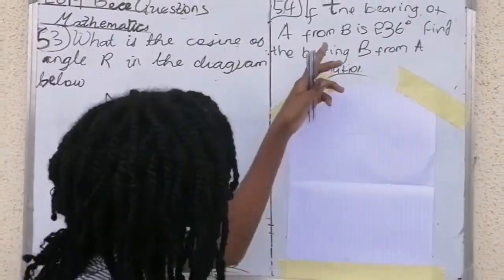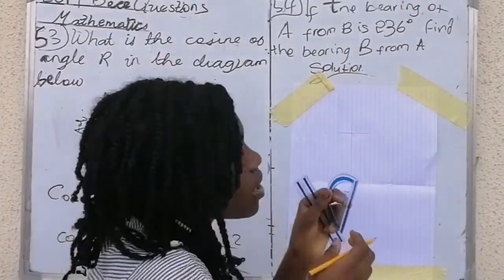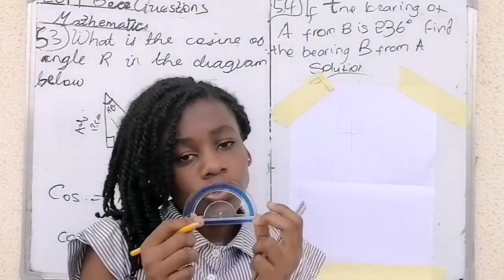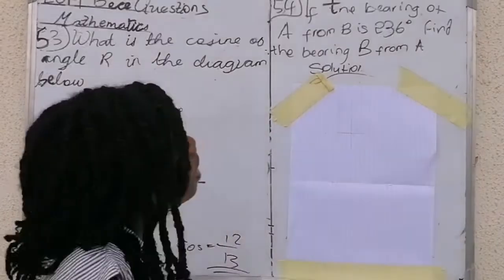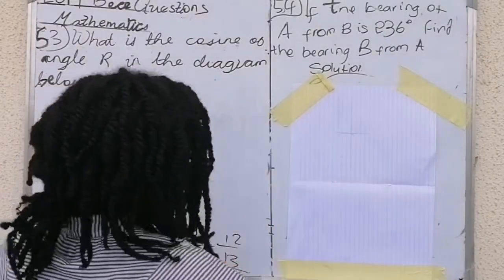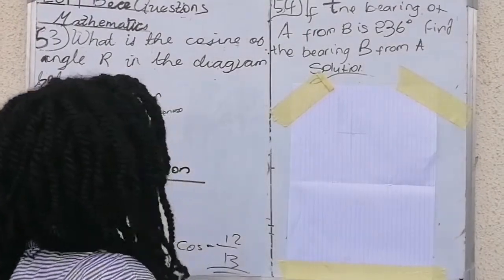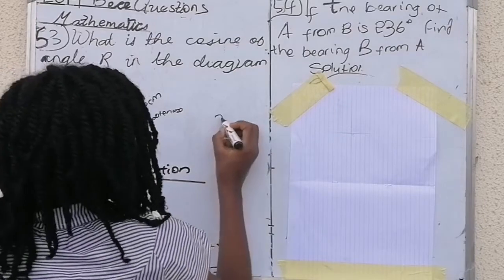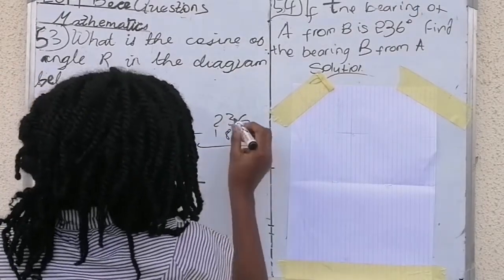So the bearing of A from B is 236 degrees. But if you notice, on every protractor the angles are not up to 236 degrees. They are only up to 180 degrees. So for us to be able to solve this, what we do is subtract 180 degrees from 236 degrees. So 236 degrees minus 180 degrees is